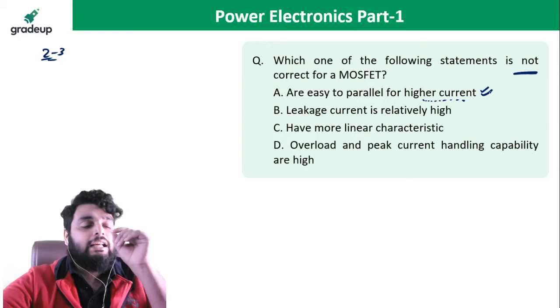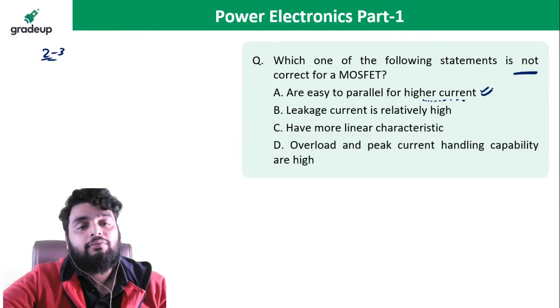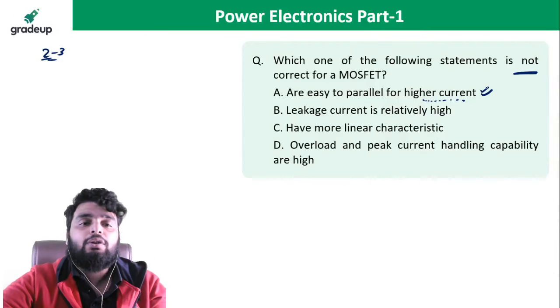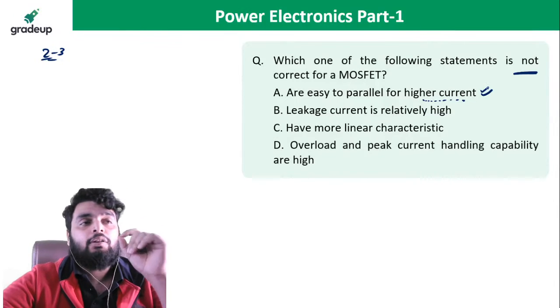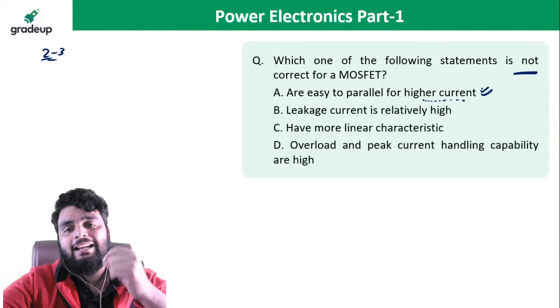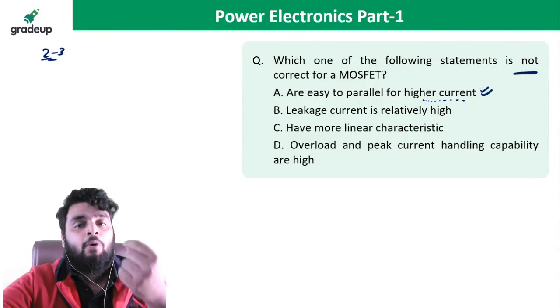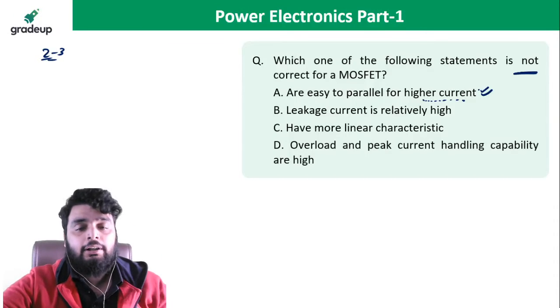Yes, when there is a high current, you can use MOSFETs in parallel. You cannot use diodes in parallel. Why? Because first of all, a diode cannot handle a higher amount of current, or even an SCR. A MOSFET can handle a higher amount of current. Next,